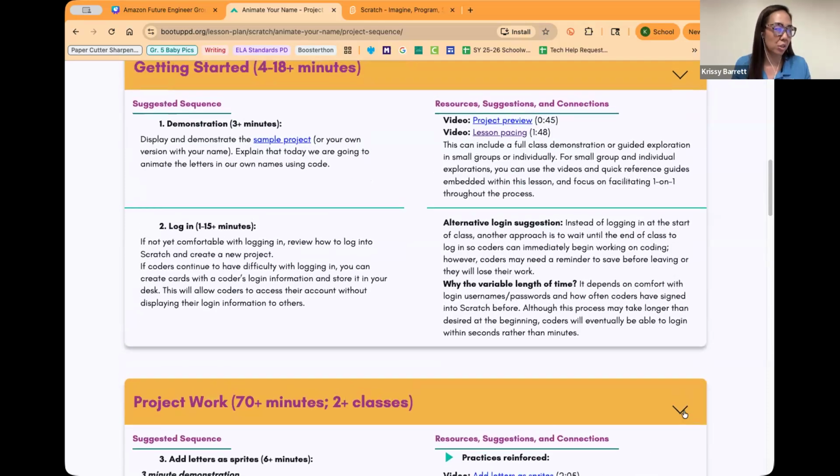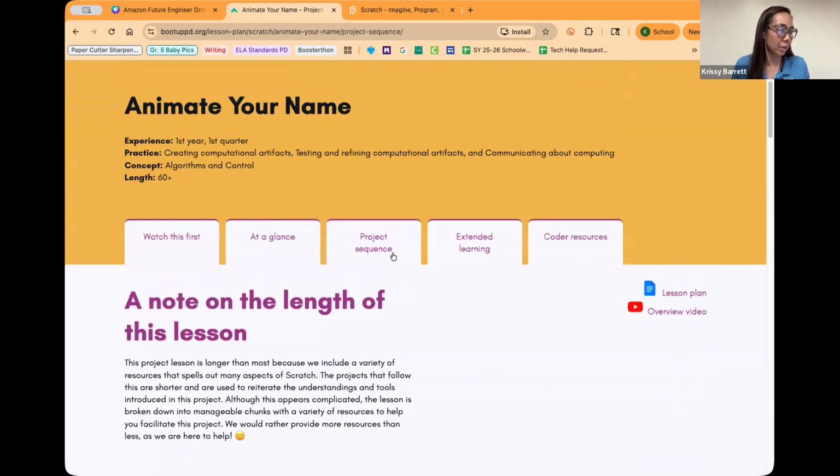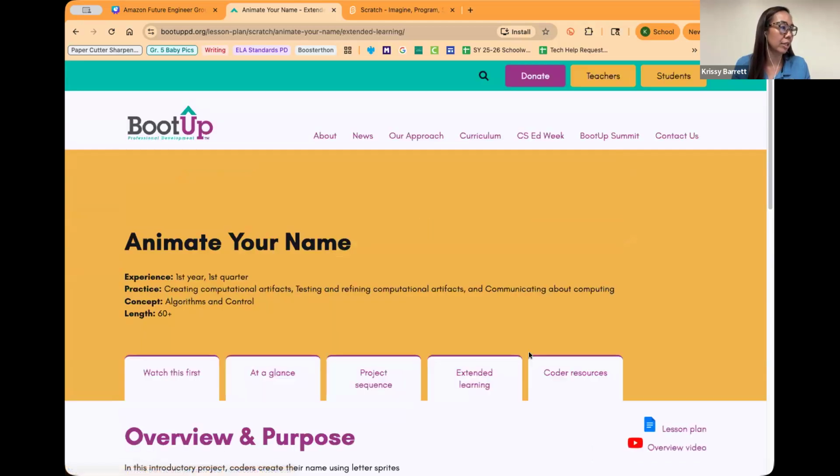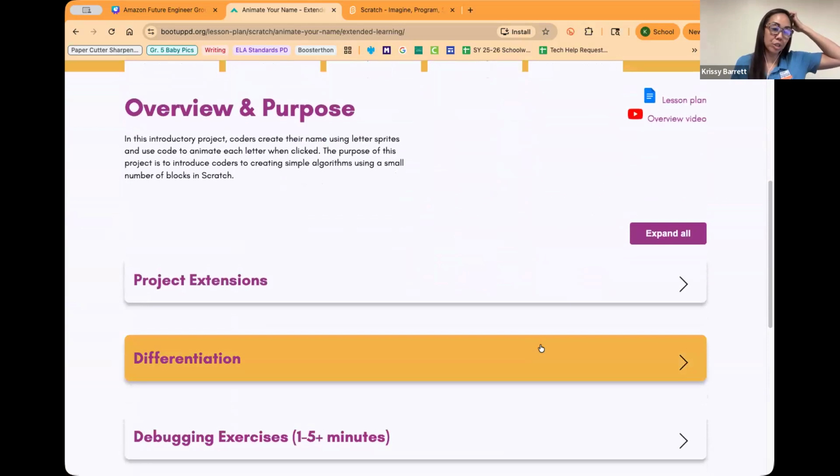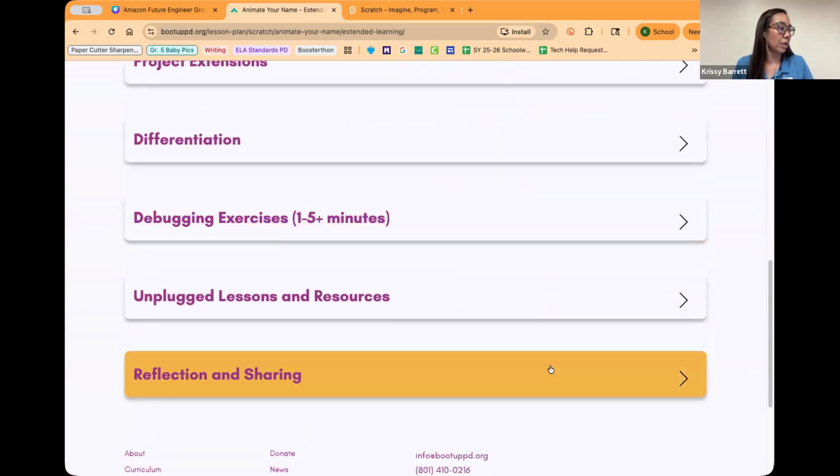We'll watch the video in just a second. So that's the project sequence. And then you have the extended learning, which is ways to extend the project, differentiation for different levels, and then unplugged.